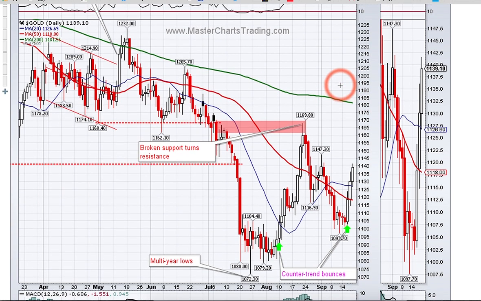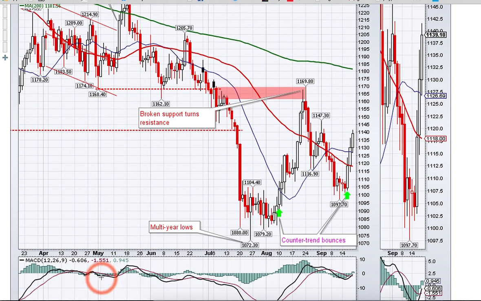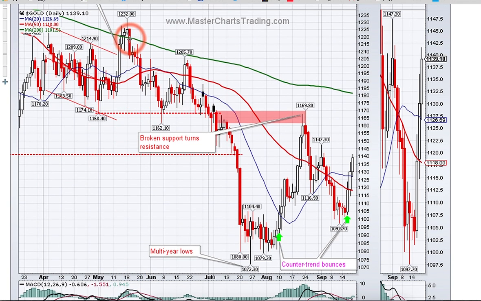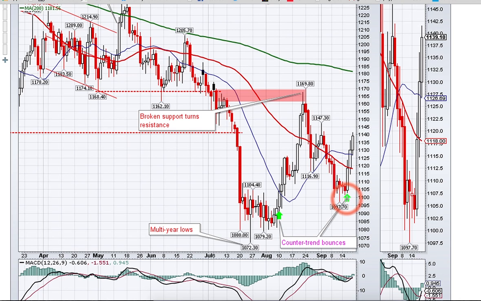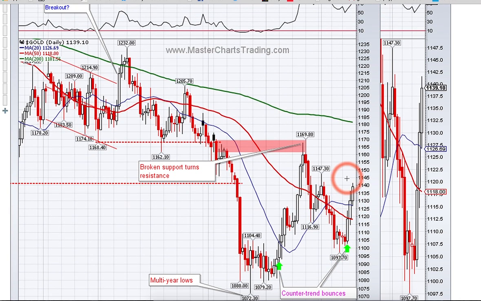Now, in the past, for example right here, this was a clear failure. We had a shooting star and then a confirmation the next day. And MACD was already overbought at this point, so the short sellers stepped in and there was no stopping them. So it's entirely possible we'll see something of the same magnitude again, especially if the dollar doesn't drop, especially if the dollar rebounds and continues higher.